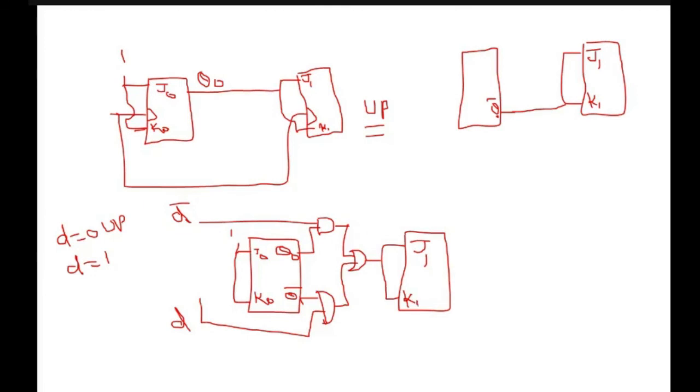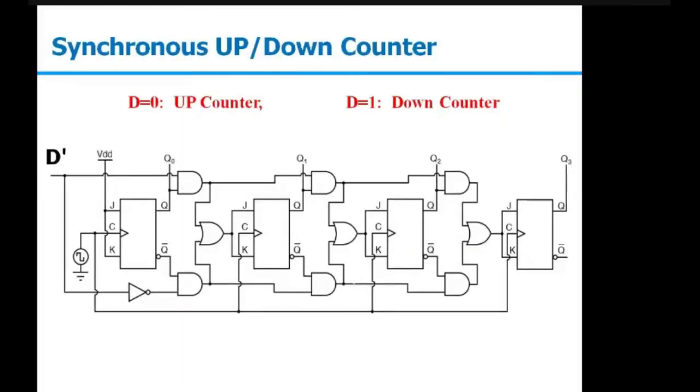And I hope now you can convert this AND OR logic into NAND gate if you want to design the same thing by using NAND. So this will be NAND, this will be NAND, and this is bubbled OR. Bubbled OR is nothing but NAND only. So this is how we can design the up-down counter as well. I am just telling you how you can cross-check your circuit. What will be the inputs? Ultimately, it will be same only. So when you design it, it will be something like this. So D is 0 representing up counter and D is equal to 1 is representing the down counter.